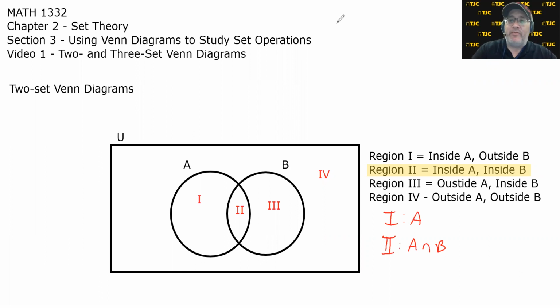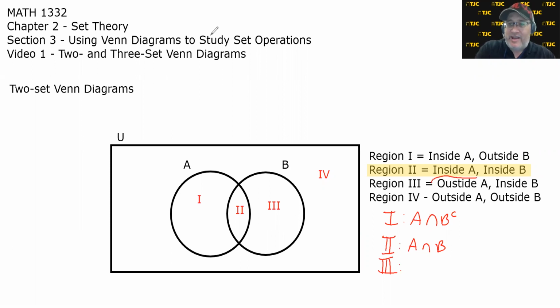But if we think of it in terms of intersection, being inside of A means A and intersection. Being outside of B means B complement. So we could just as easily say that region 1 is represented by A intersect B complement. And if we did the same thing for region 3,